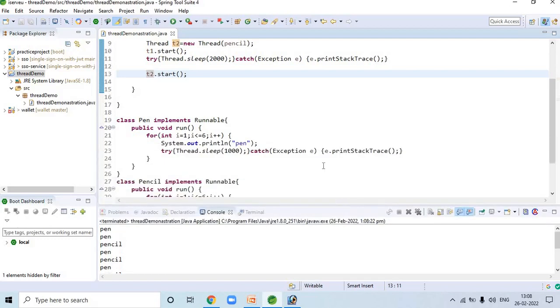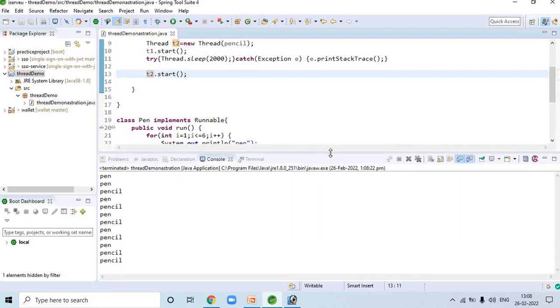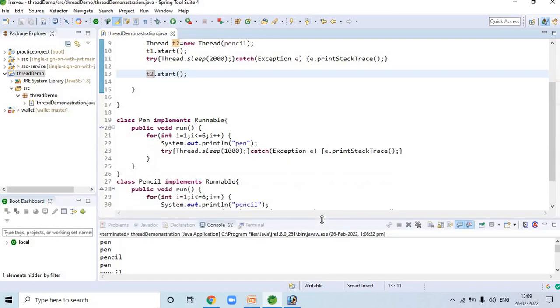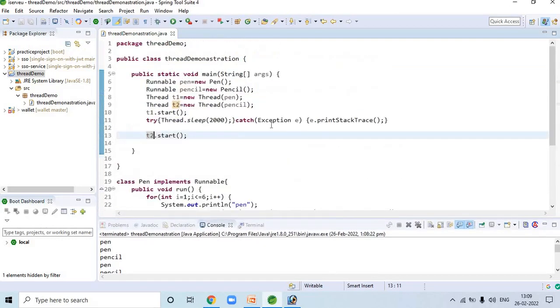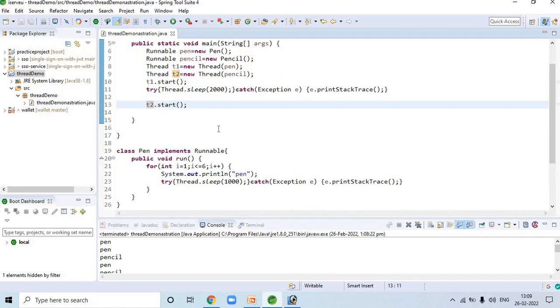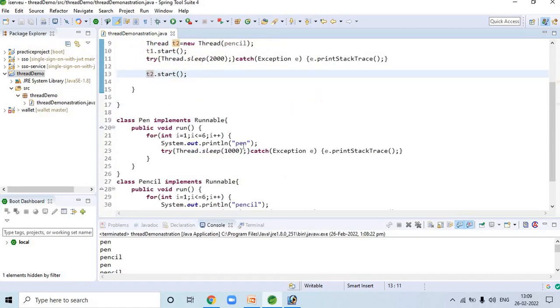We can also use the lambda expression here. Since there is only one method in that class, whether it is pen or pencil, we can use a lambda expression,